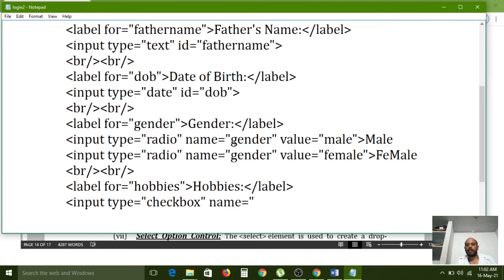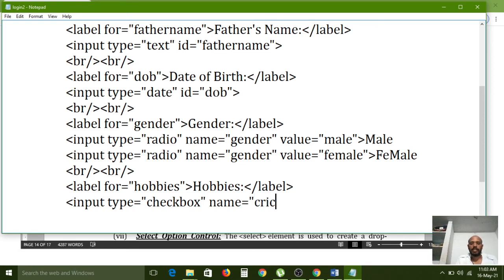We have to apply a common name, then only one can be selected. If you select male and female, one gets deselected. Like that, if you want to select only one option, compulsorily we need to give these the same. Otherwise, if you want to select more than one option, then the name is different.